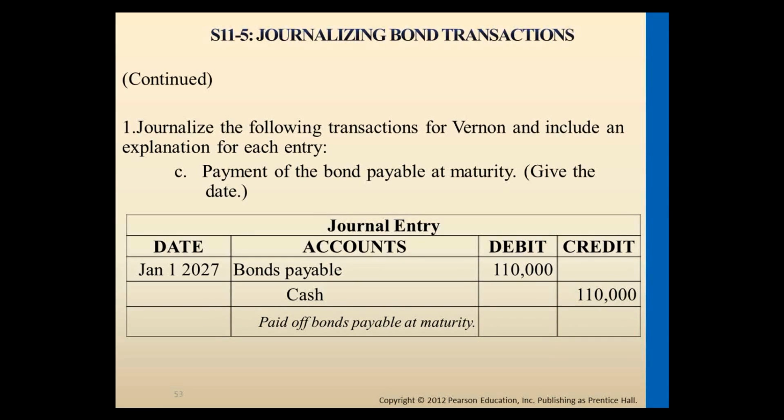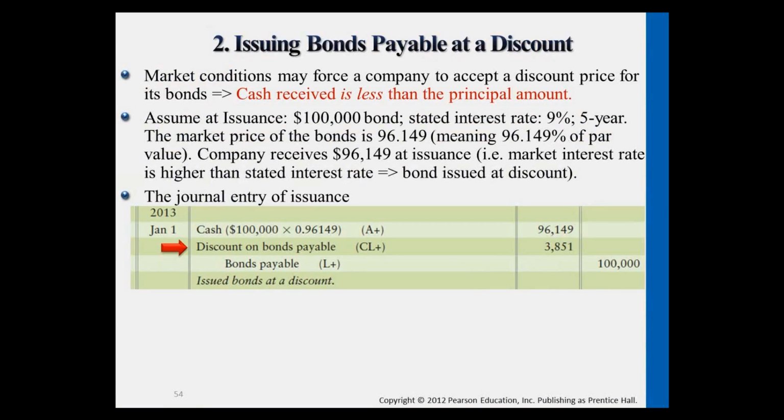Let's take a look at a discount case. So when we issue the bond at a discount, the first issuance entry will look like this. So assuming that we're issuing a $100,000 bond, again, this is the face value, maturity value of the bond. Now, if my company's interest rate is lower than market interest rate, not as attractive, so in this case, as we mentioned earlier, the issue price would not exactly be $100,000, but it will be a dollar amount lower than that. Okay, so let's say the issue price is $96,149. So that means we're only collecting about 96% of the face value. So the actual cash we're receiving here is